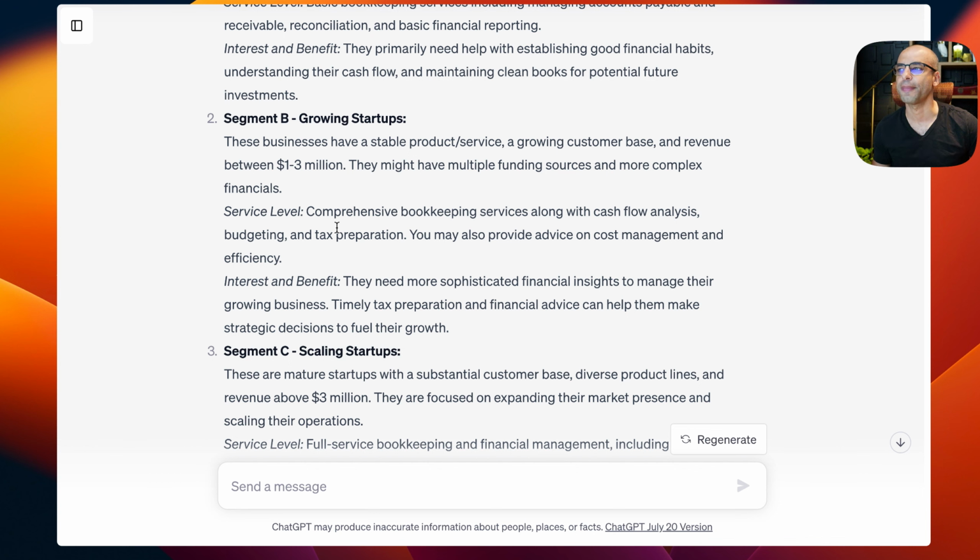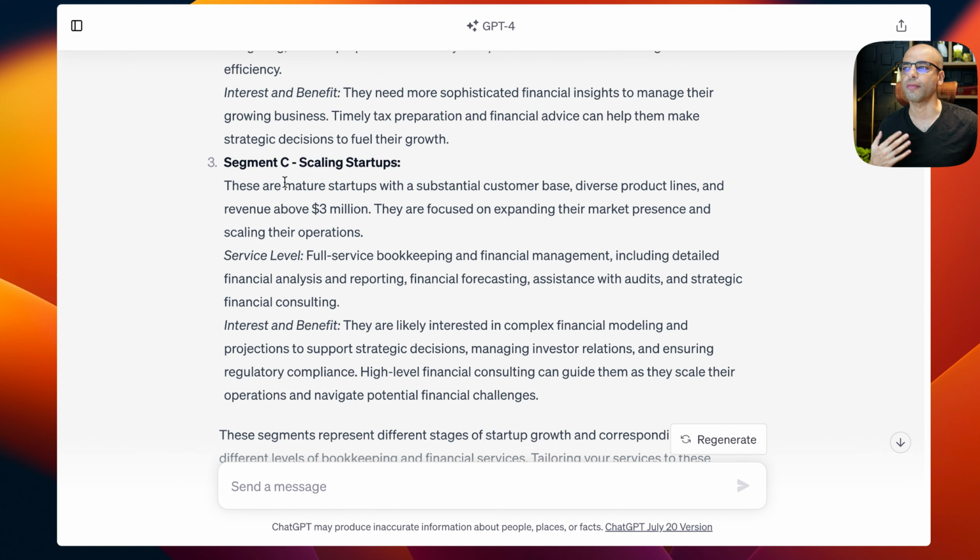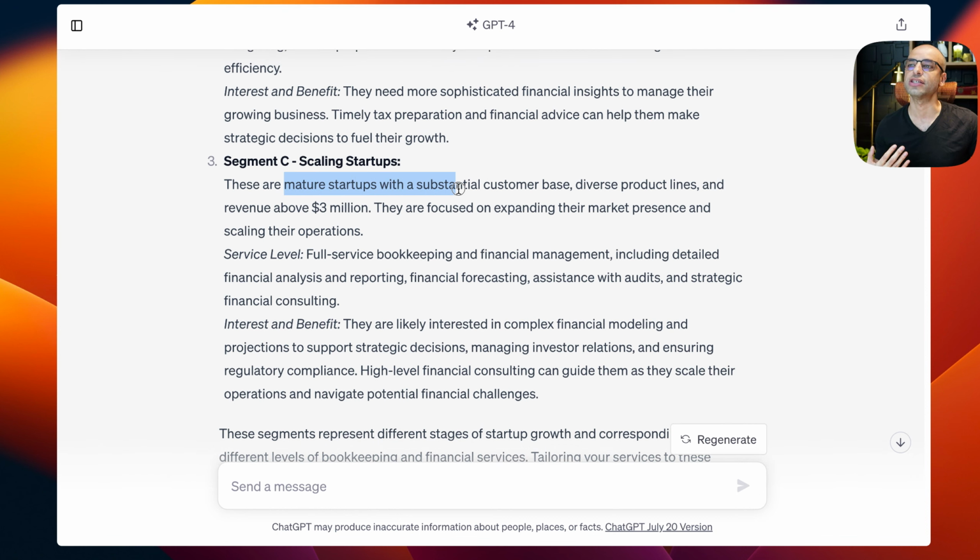So stick around. And then interest and benefit, right? So this is the middle tier, and it's effectively saying, this is kind of the in-between where they need additional services. The last one is the scaling startups, and this is where our more mature startups with a substantial customer